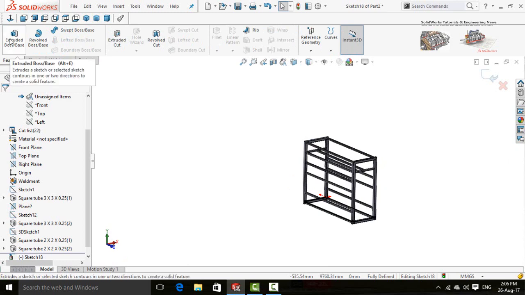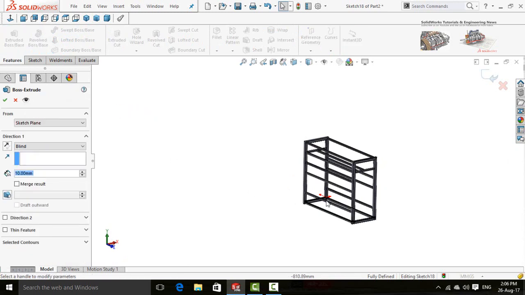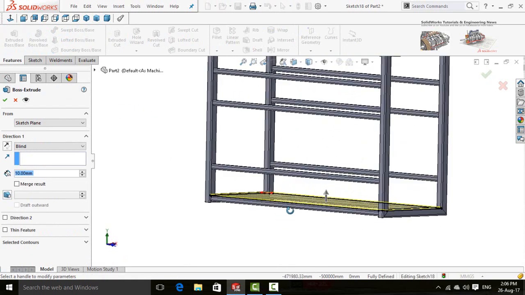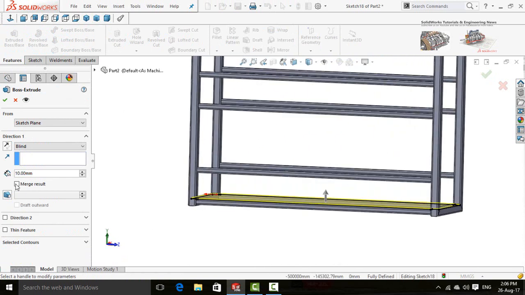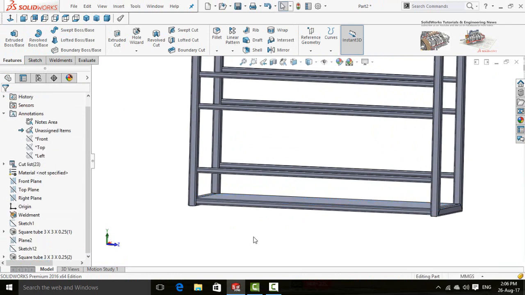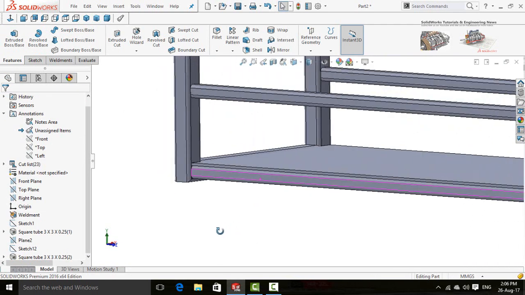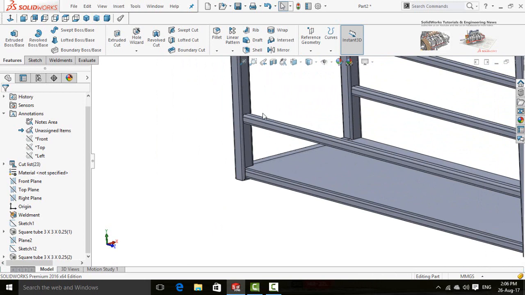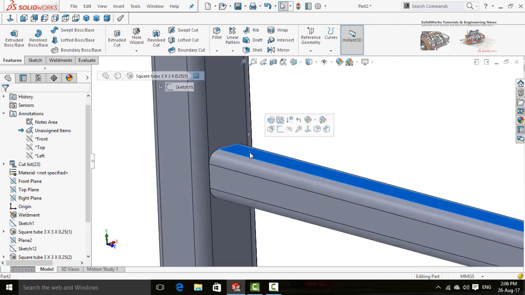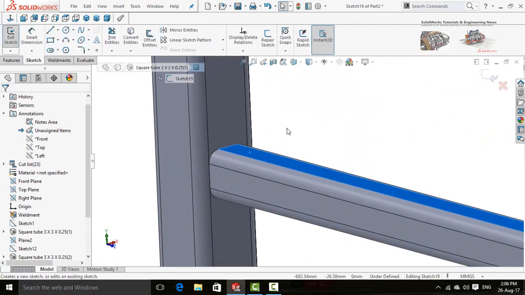So in the features tab, click on extruded boss base command and do not check this box merge results. So press OK button. Similarly, click on this face and sketch on it.